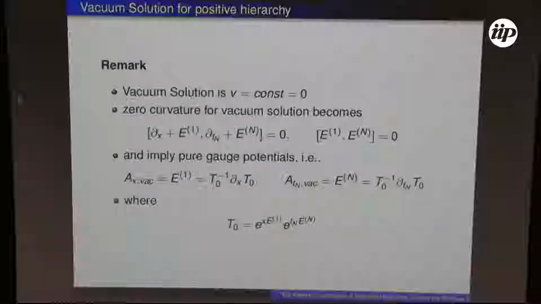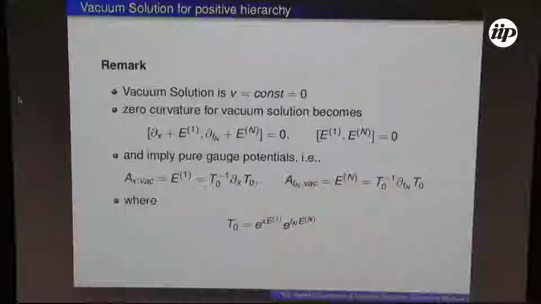And a vacuum solution within the zero curvature notation means that this commutator is 0. You see, A0 is 0, and all the D's that I had constructed before are 0. The only one left is D_n, which is the highest grade. And the highest grade has to commute with E. We knew this before because it had to belong to the kernel. And you see, a solution of zero curvature is a pure gauge.